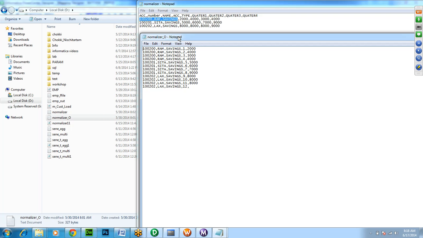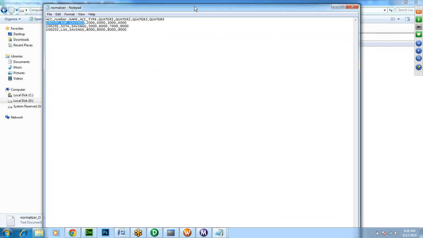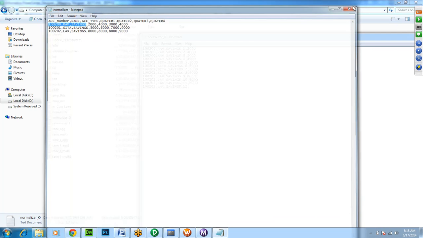So see, RAM has 4 records in the pivoted data. So each record for each quarter, but when you see in the source, it has 4 columns, where each column indicates each quarter, right? So this is called data pivoting, converting source columns into target rows. Now